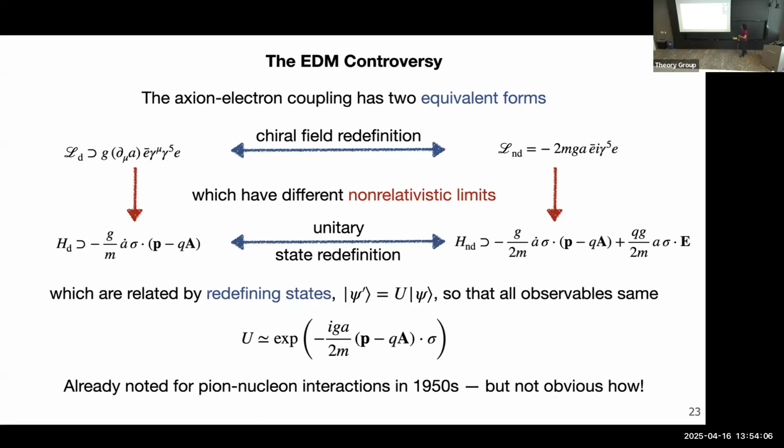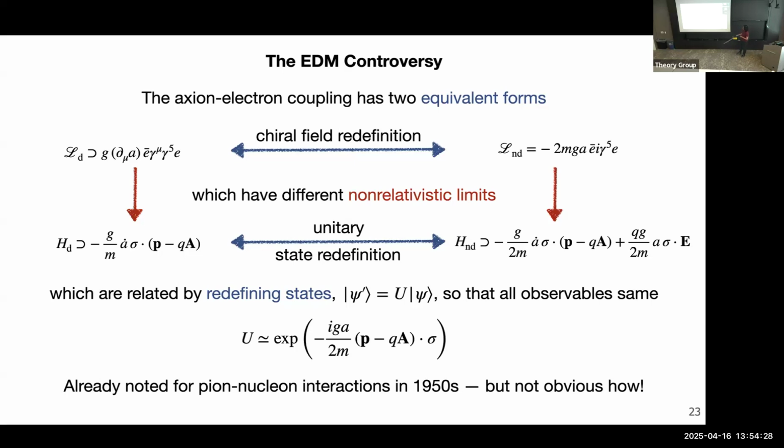This fact that the interactions can be written in these 2 very different looking ways has been known for a very, very long time. Back in the 1950s, there was a whole bunch of arguments about pion and nucleon interactions. Feynman has a funny story about this, of how some people were arguing, and then he invented the Feynman diagram and showed that one of them was right. It's something we've known for a long time.